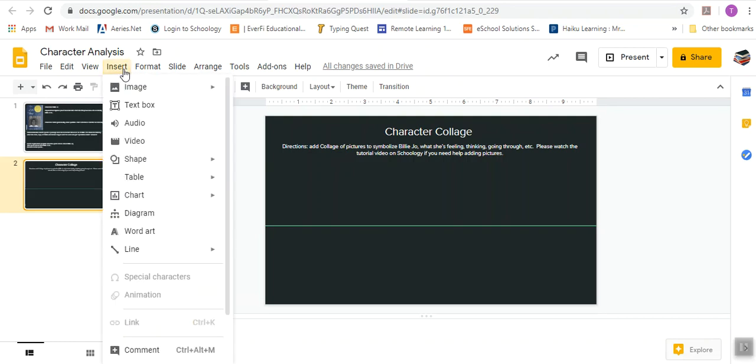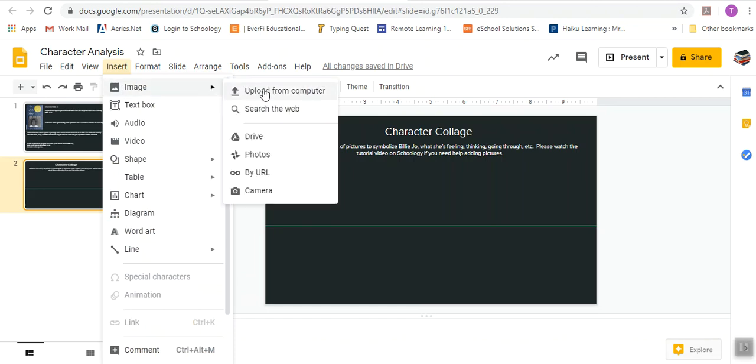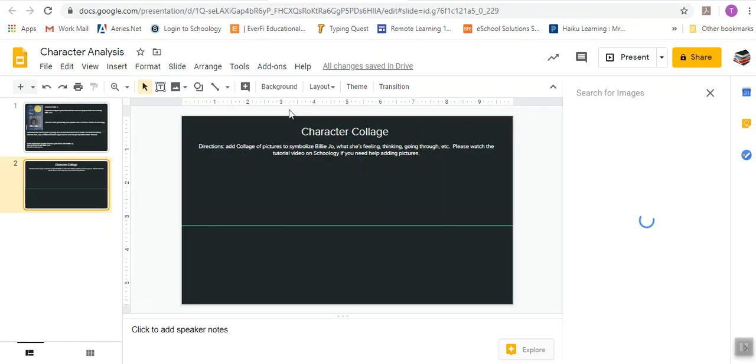So we're going to go to Insert, and I'm going to go to Image. If you already have the images, you could upload it from the computer. If you already have it in Drive, you could use Drive. You could use Photos if you already have Photos. But the easiest thing to do if you're doing a slide project and you need some photos right then, you don't even have to open up another tab. You can just click here, search the web. And over here, I could have like